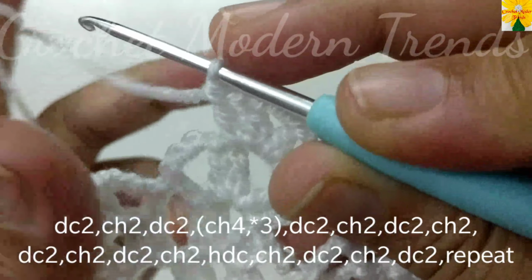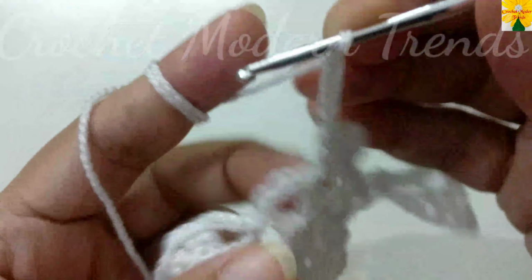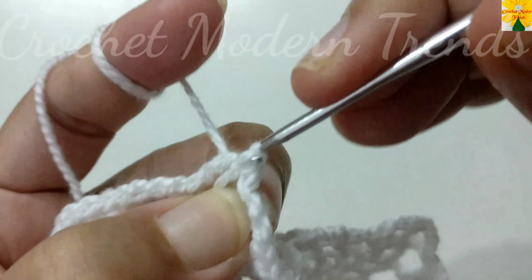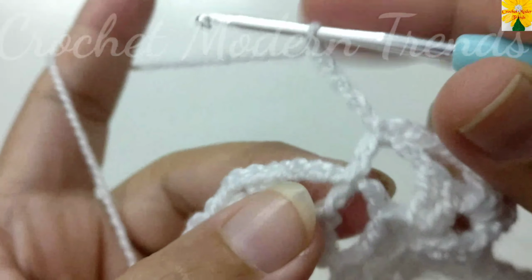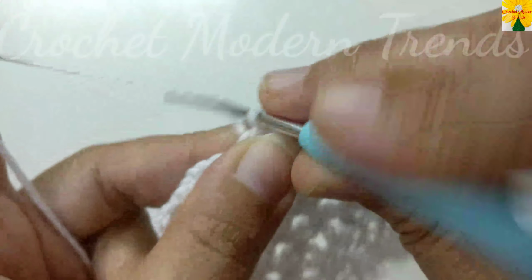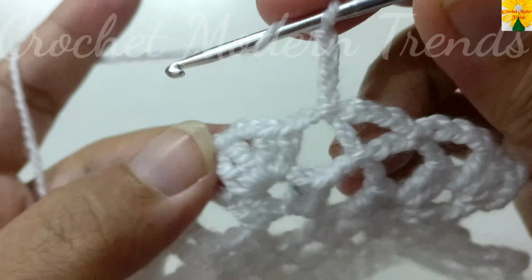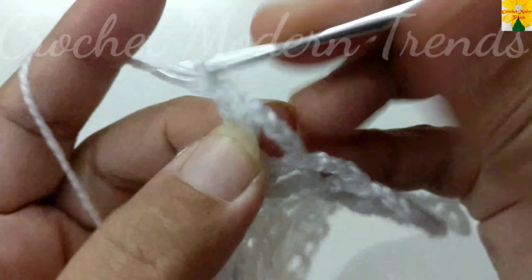For the corner of this square, chain 4, 1, 2, 3, 4 to be joined into the next chain space of 4 with slip stitch. Chain 1, 2, 3, 4 to be joined into the next chain space of 4 with slip stitch. Chain 4, 1, 2, 3 and 4 into the next chain space of 2, double crochet 1, double crochet 2,